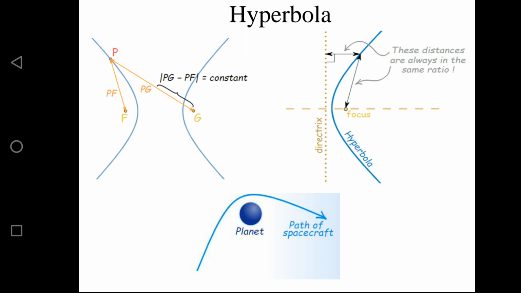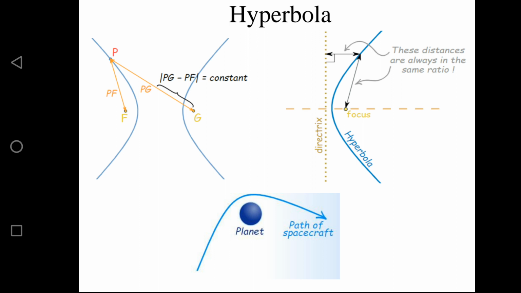Whatever point you select on the hyperbola, the magnitude of PG minus PF is the same constant. In other words, the distance from P to F is always less than the distance from P to G by some constant amount, and for the other curve, P to G is always less than P to F by that constant amount. So the magnitude of PF minus PG is a constant. Here each bow is called a branch, and F and G are called the foci. What I said already, these are focus points.